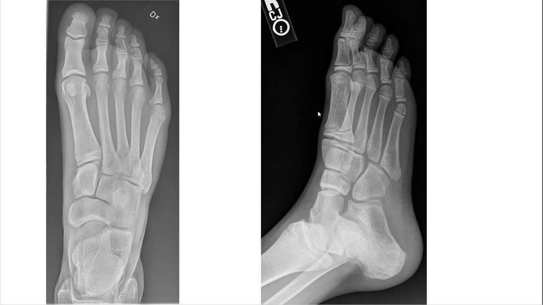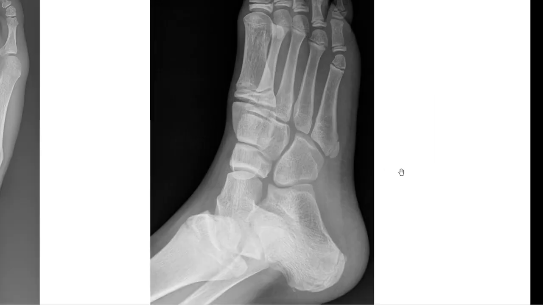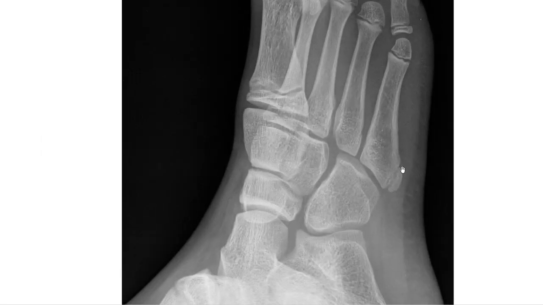These are the metatarsals. Here you can see that this is a comparatively younger patient where the base of the first metatarsal and the heads of the second, third, fourth, fifth metatarsals and the bases of the phalanges, the secondary centers, have not yet fused. And for the fifth metatarsal, we have another secondary center. This is called the apophysis.